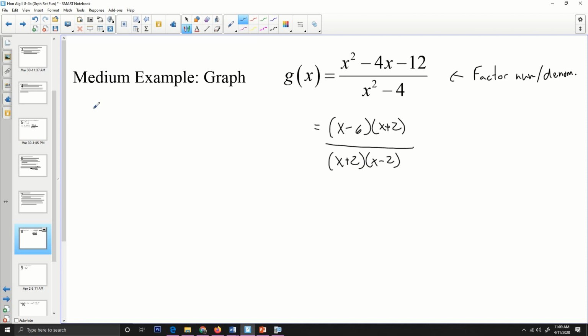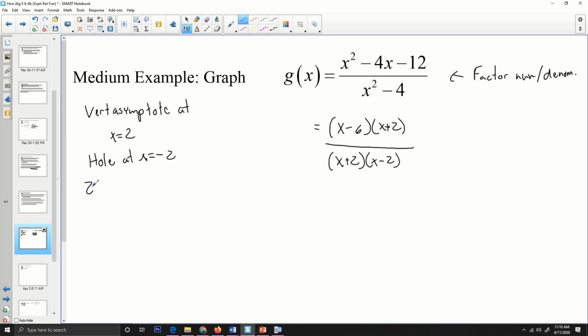vertical asymptote. So when we look at this thing, I'm going to have a vertical asymptote at x equals, well, my x plus 2 and my x plus 2 cancel out. So there's going to be a hole there, and we'll talk about that. But this x minus 2 does not cancel out with anything in the numerator. So what we'll say is that at x equals 2, we'll have a vertical asymptote. We'll have a hole